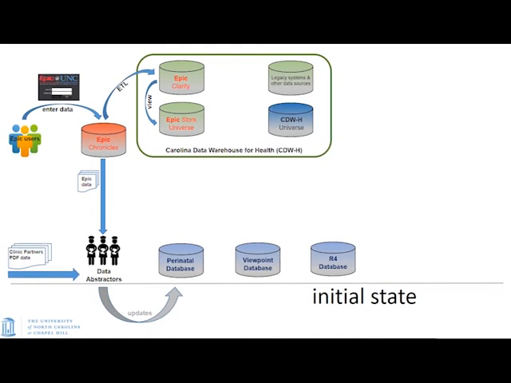We also have, you can see, these data abstractors. There were 3 nurses that were reading medical records from Epic, and they were typing the same information they were reading into a perinatal database. So this was a very inefficient process, because that perinatal database that you see on the lower side was not available to everybody. It was disconnected from Epic. So that's how I started working with this environment.